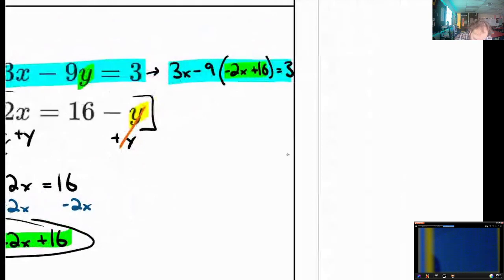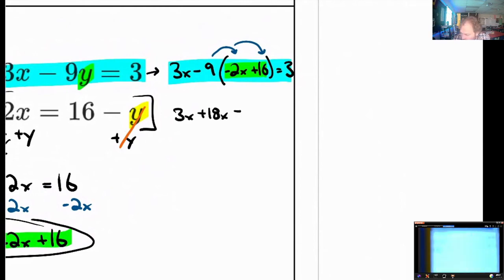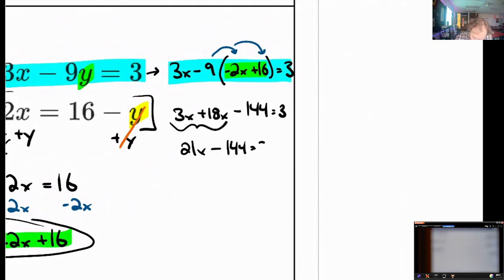Now we got a lot of mechanics to handle. Again, we got negative numbers, so let's take our time with this. We have 3x plus 18x minus, whoa my gosh, what's 9 times 16? I have no idea. 144 equals 3. So we combine these together. We got 21x minus 144 equals 3. This gives us 21x. If we add that 144 to both sides,